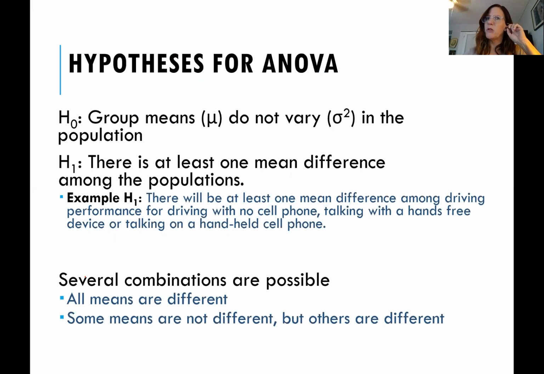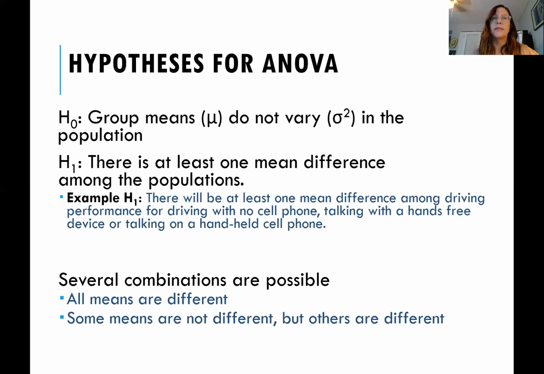Similar to before, we have our hypotheses, the null and the alternative hypotheses. Basically, you're not going to have a hypothesis that says one is higher than the other, because you have more than 2 groups, so those means could vary back and forth. The alternative is just that there's going to be some difference in driving performance depending upon which cell phone condition people are in. It could be that all the means are different from each other, or maybe just one mean is different than the other means, depending upon what the results show. So it's a very vague